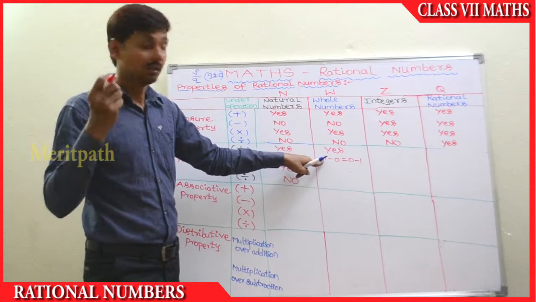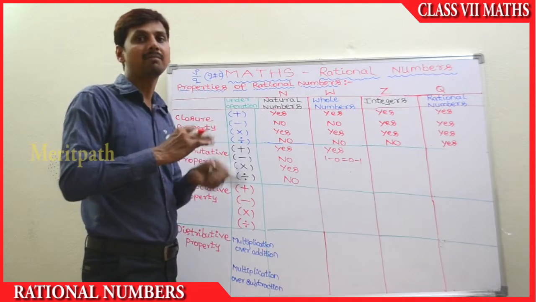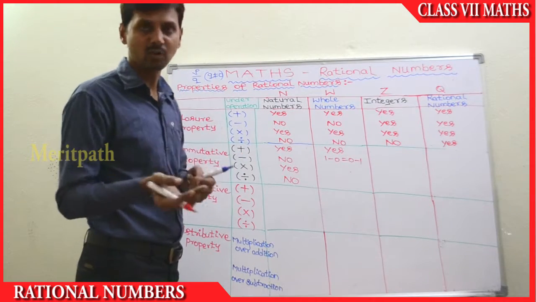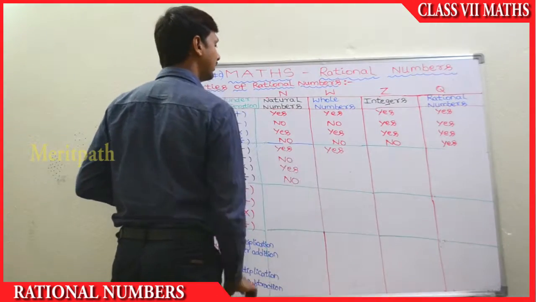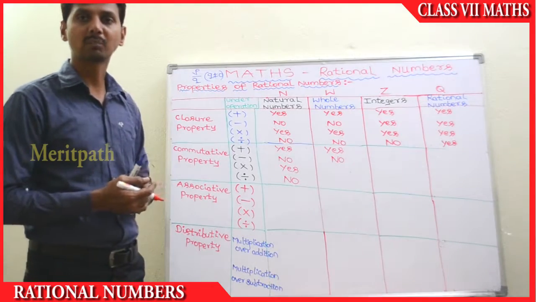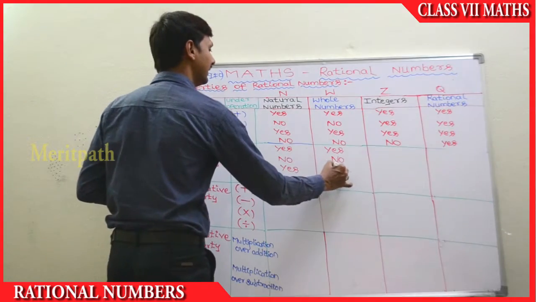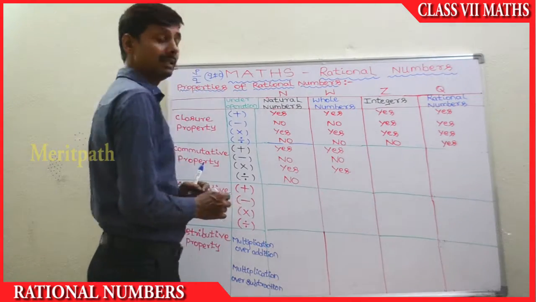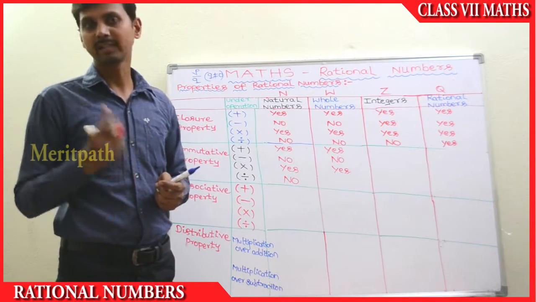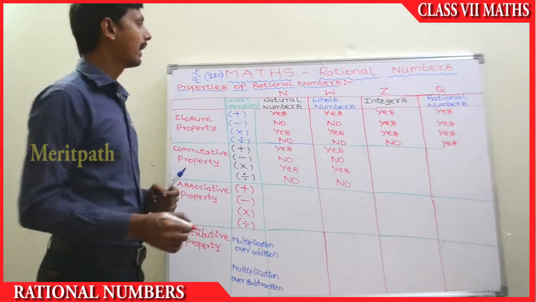And here for subtraction, all the values whatever we have taken, we replace them and swap their places, and that will not be equal. There is 1 minus 0, 0 minus 1. It's not possible. So write that down. And next one, multiplication is possible for all the whole numbers. 1 into 0, 0 into 1, 2 into 1, 1 into 2. All are possible. Yes. And then for division, it's not possible because 0 divided by 1 is 0 and 1 divided by 0 is not possible. So it's no.